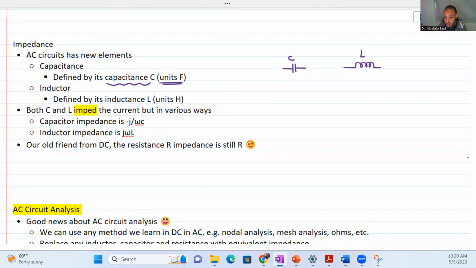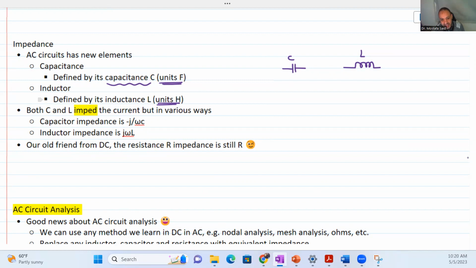And we also discussed what this inductor does. It's defined by its inductance, and the inductance has a unit of henries. Both farad and henry are just scientists' names. And both the capacitor and the inductor impede the current, just like the resistance, but with some other manipulation, like